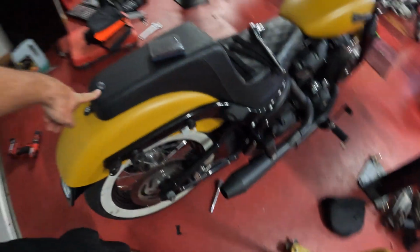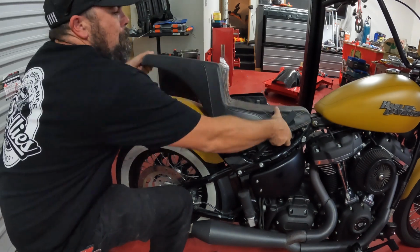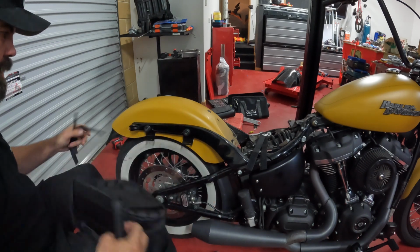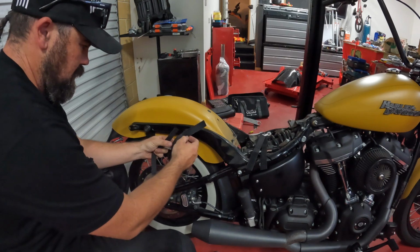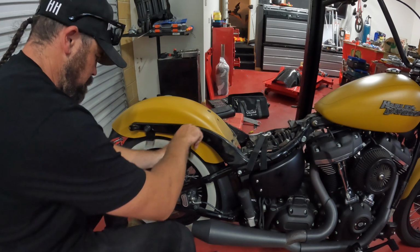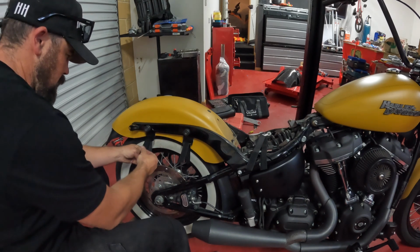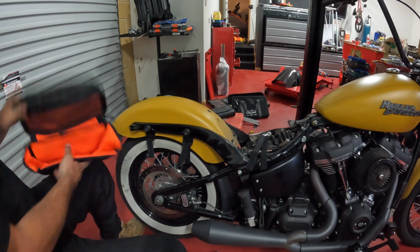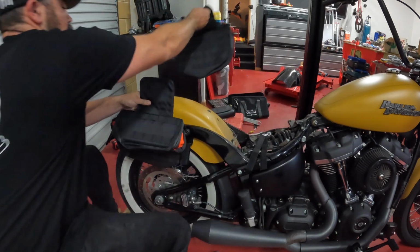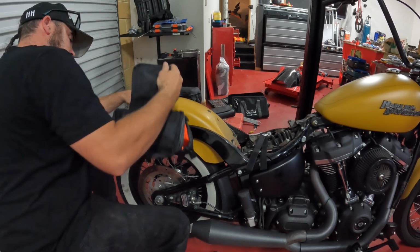Alright, rip this seat off and then we'll start putting our straps on and running our saddlebag. Alright, so probably should have paid a bit more attention to how the THRASHIN SUPPLY ones went on, but we'll just have a bit of a go. Maybe that. The saddlebags will